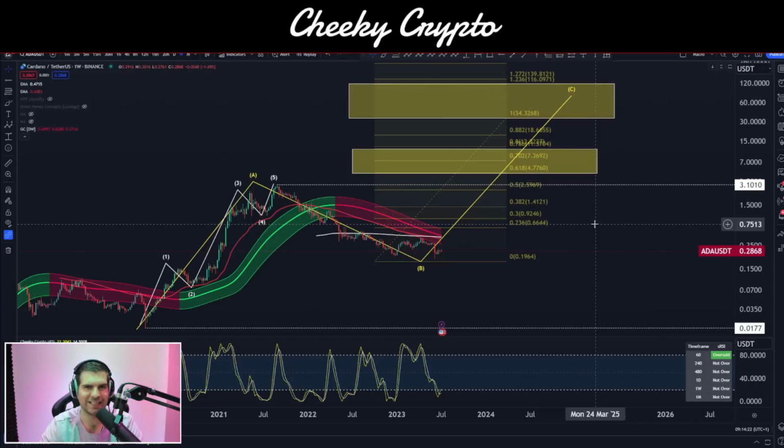I think it's an inevitability that the BlackRock Bitcoin ETF is going to get approved, and as such, we're going to see a lot of additional eyeballs on crypto, and I think ADA is going to get a lot more attention on the back of that as well. So I think there's a lot of positives to be had here. Although I do think the bear market continues here for ADA, I think the future is incredibly bright, and a $34 ADA, I think, is something that we can all aspire towards.